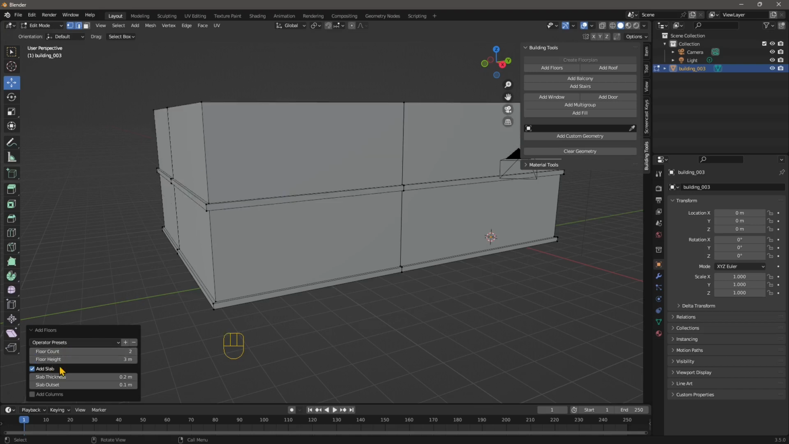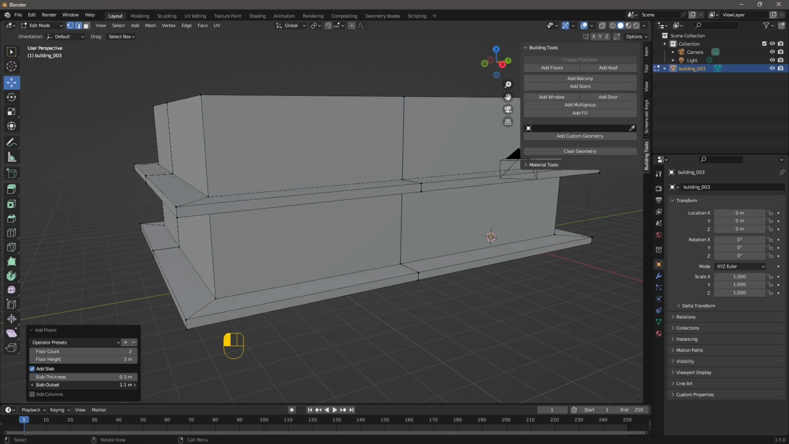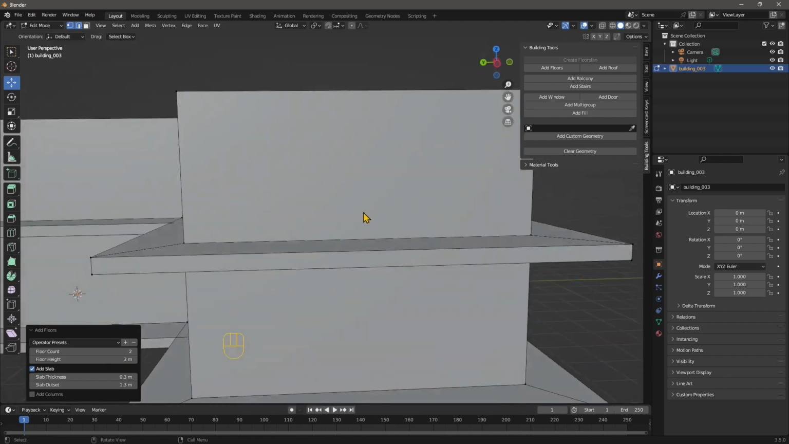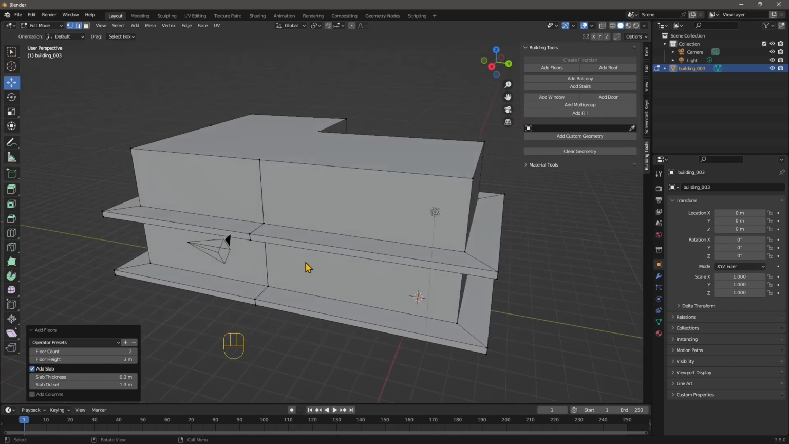It's kind of too small, so let's make it 3. And also you can change the slab thickness, let's say 0.3, so 30 centimeters. And also the outside if you want to do like balconies or things like that. So it's really fast. Now what we want to do next is add a, well, you can also add columns,